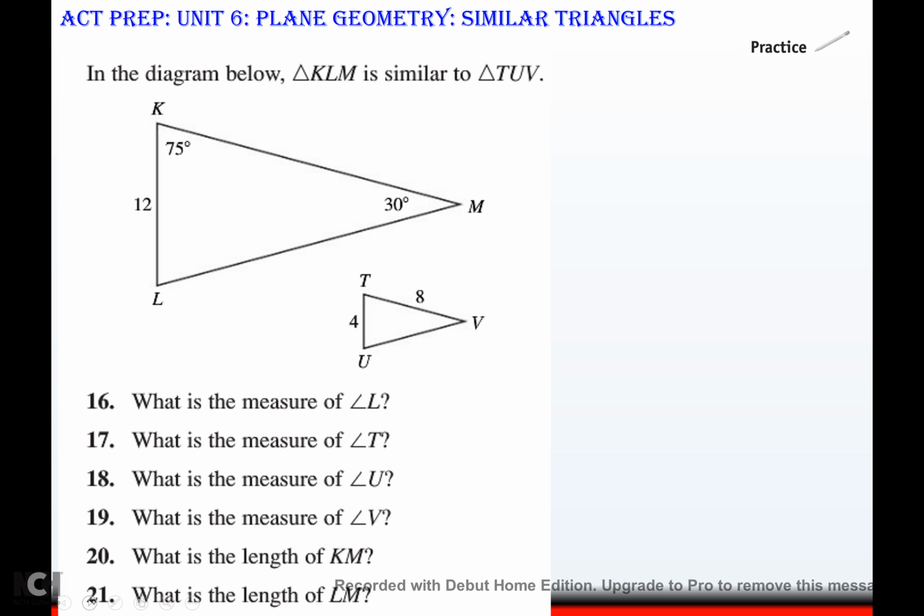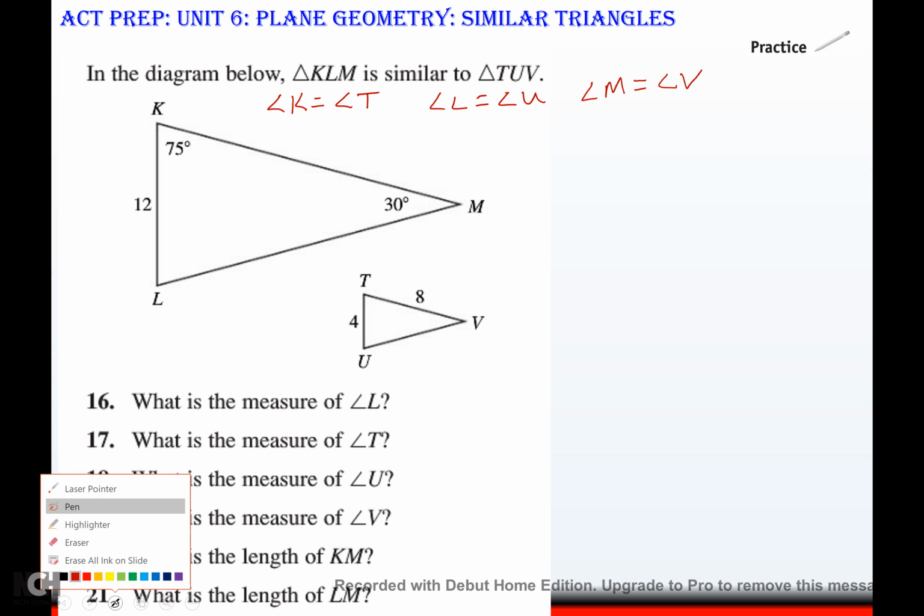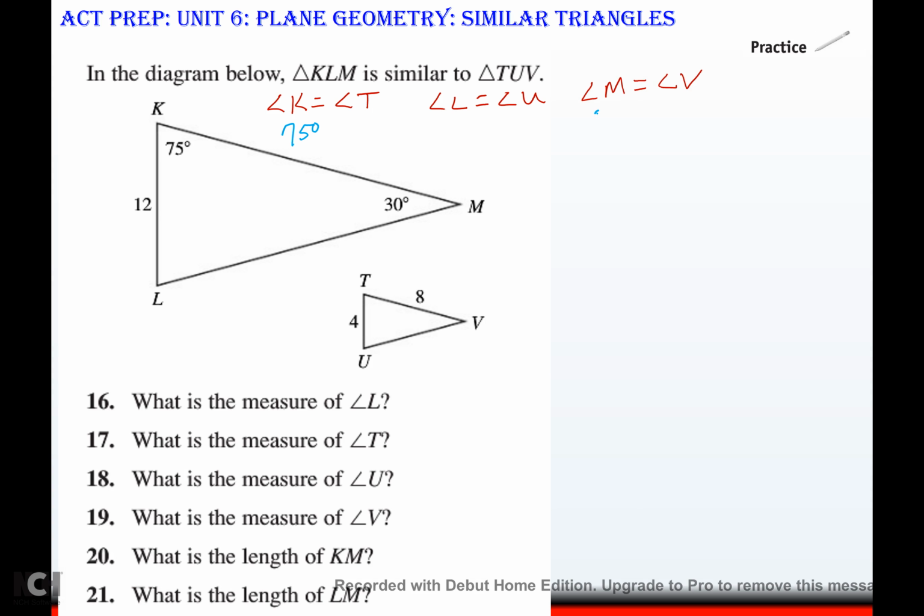Alright, more of the same. Alright, so we have KLM similar to TUV, which means angle K is equal to angle T, angle L is equal to angle U, and angle M is equal to angle V. So, I know that angle K is 75 degrees, that angle M is 30 degrees. To figure out L, I just take 180 minus 75 minus 30, and I get 75 degrees,